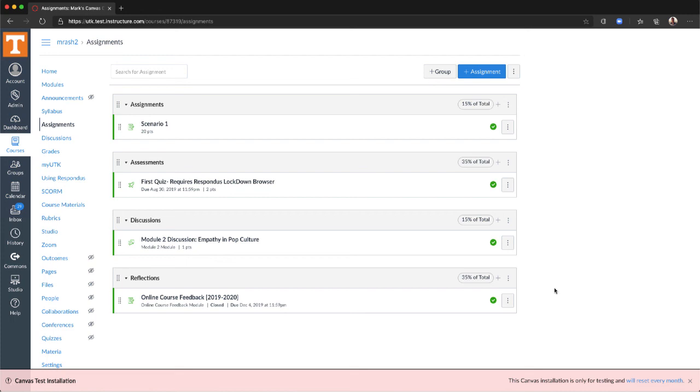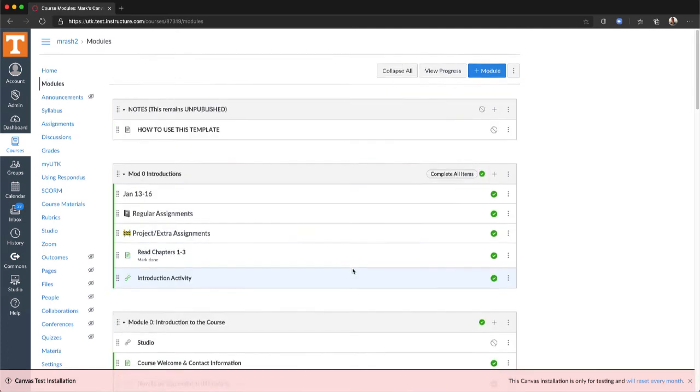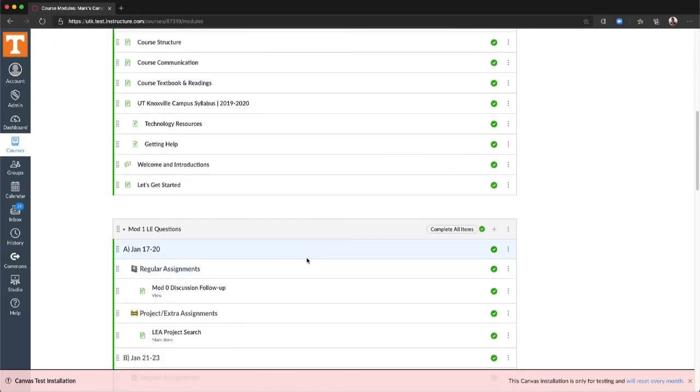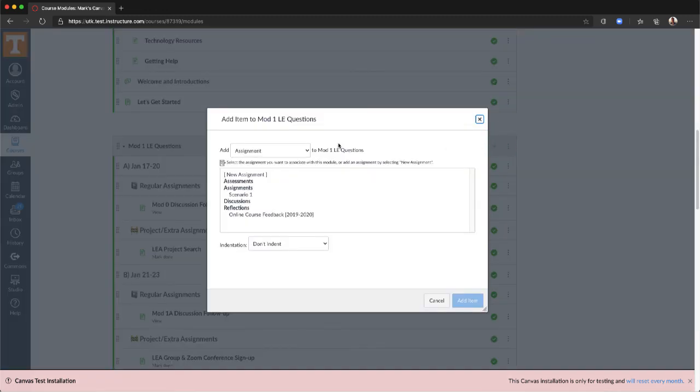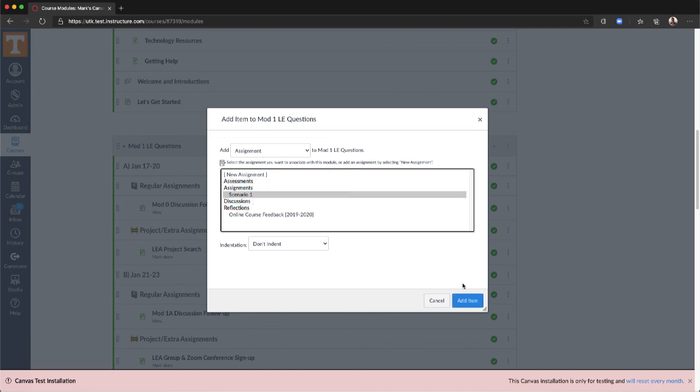However, in many cases you'll want to add that assignment to a module. And so to do that, we'll go over to Modules. I'm going to add my assignment to Module 1. And so in Module 1, I'll select the Add Item. This is an assignment, so we don't need to really select anything there. I can choose Scenario 1, that's my widget assignment,